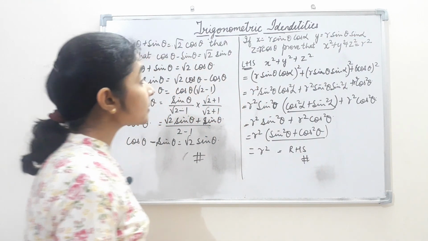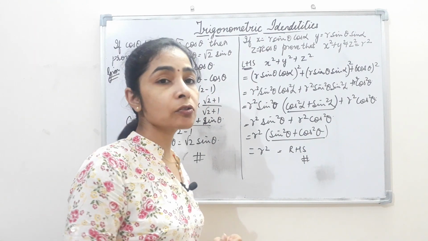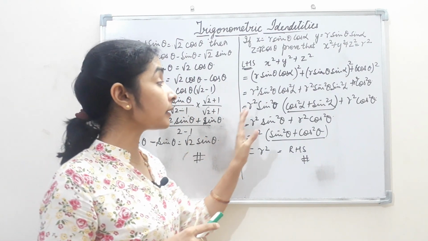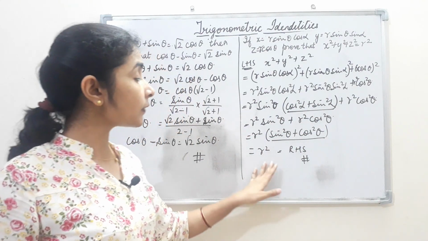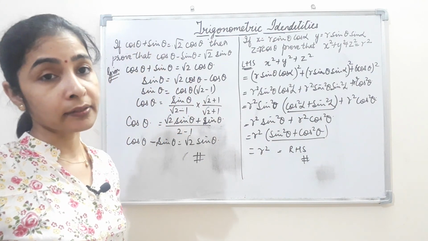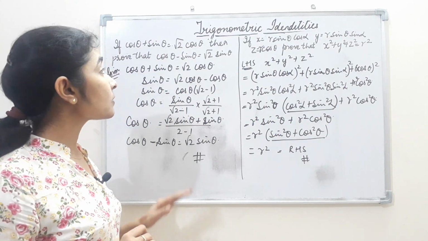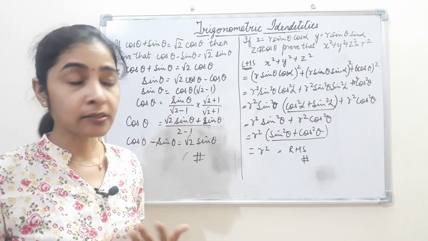Okay, so like this, whenever we are given something to prove, we are just supposed to substitute the values. We should memorize the trigonometric identities wherever they are applicable. If we apply it and solve it correctly, then definitely we will reach the RHS and our solution will be definitely correct. Okay, so these were the trigonometric identities and the different type of questions that are asked related to it.